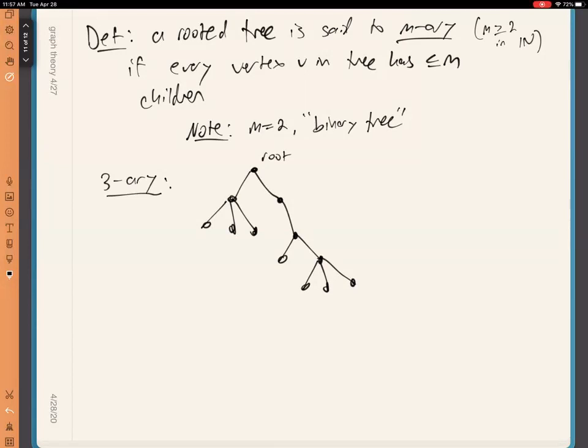Okay, and so that's some basic terminology associated with trees. What we're going to spend the majority of the rest of this lecture, and also a lot of our last lecture, talking about are things called spanning trees. And so what is a spanning tree? Well, let's suppose that we have G, which is a simple graph. G is just allowed to be any graph, not necessarily a tree. So a spanning tree